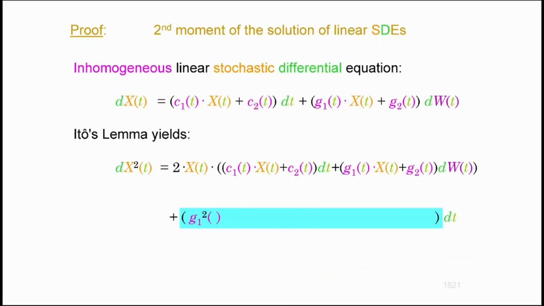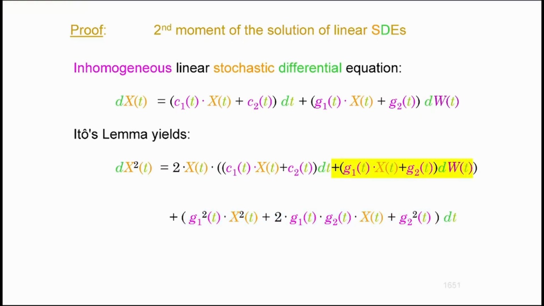Okay, here it is. g1 squared, if I recall it correctly, times x squared plus 2 times g1 times x times g2. I put g2 to the front. And then I got g2 squared. There you go. Okay, and that makes it even worse, but it is what it is. I will need to clean it up. Don't worry, I'll help you out.